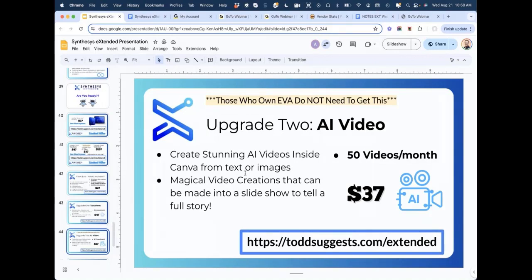And upgrade 2 is the one where you create stunning AI videos right inside Canva, and you could create magical video creations that can be made into a slideshow to tell a full story. All you have to do is go to